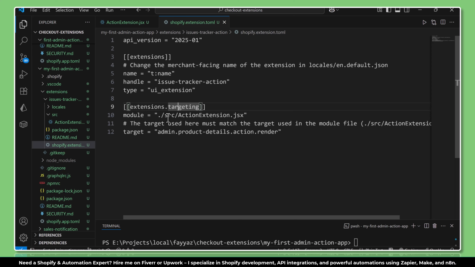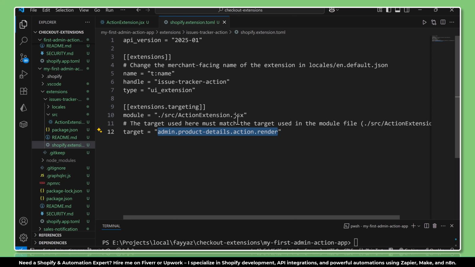Here we will target where this admin UI, the admin block, will appear. So in our case, admin.product_detail_action.render. So we will use this target. I will show you where it will display, and the module we are using, source action extension